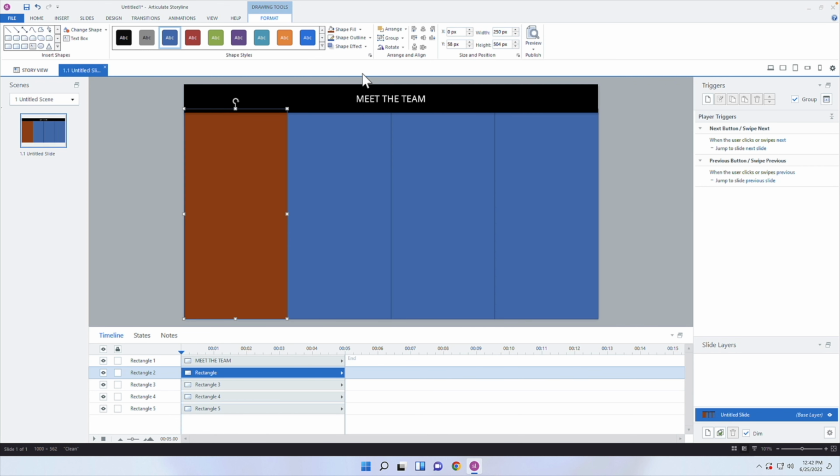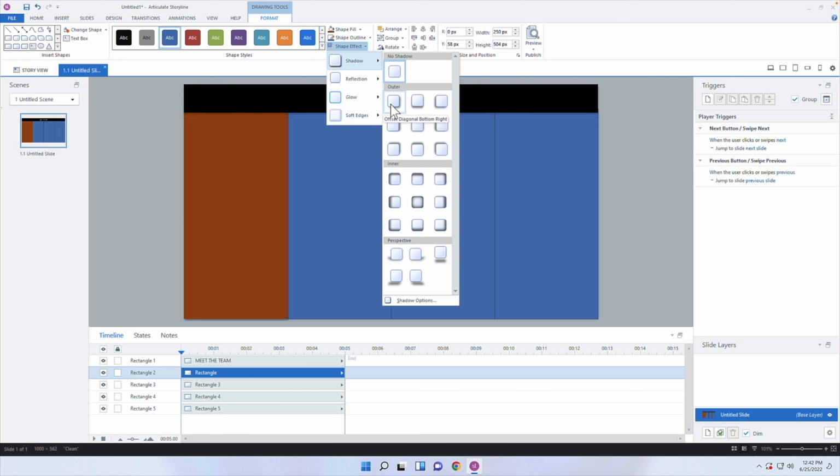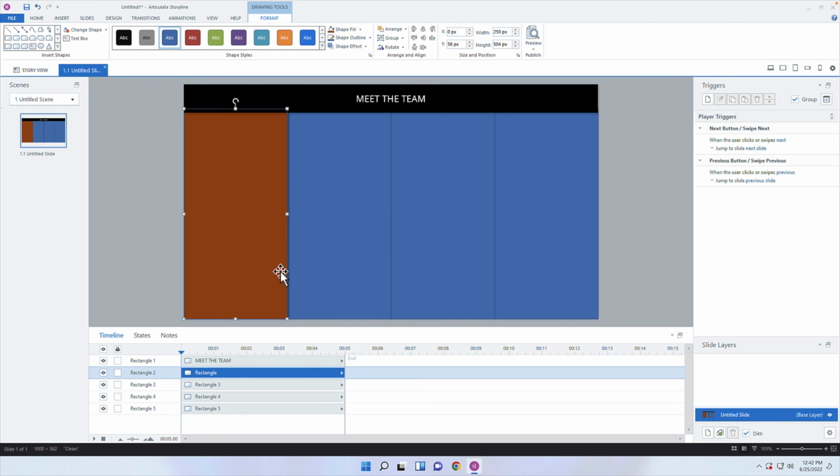All right, I also want to add a drop shadow because I want each of these to look like they're kind of overlapping the other one. And you can do that with a slight drop shadow to the right. So let's go ahead and do that. I'm going to select the drop shadow and select this to be on the offset right. So you can see it kind of adds a little bit of separation with the other one,